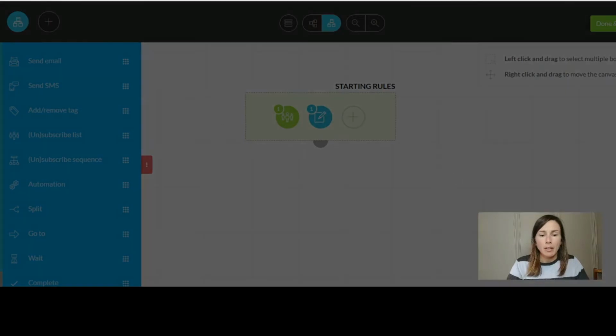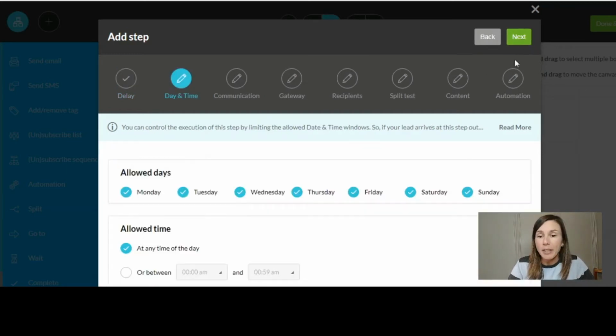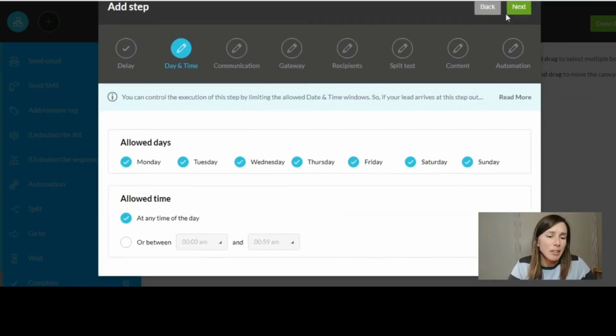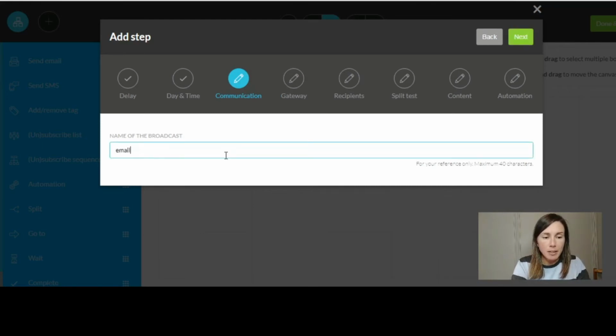So you just take it, you press it, and you drag. Normally it's just right after a previous step, or you can wait a number of days. But normally if you promise something to someone, they really want to have it right now, so you're gonna go right after a previous step. So as soon as they opted in, they give you their email address, their names, whatever you put in that form, they're going to receive an email from you. So you press next. You can keep any time of the day, it's fine, because if you work with people worldwide, it doesn't matter the time. Name of the broadcast, so I'm going to say email 1,